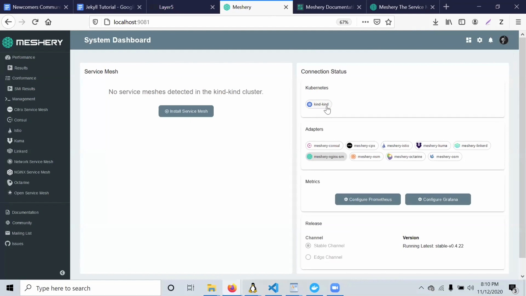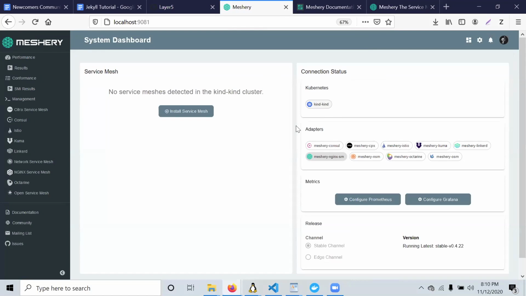When you click on this particular button, it will confirm the connection between Meshery and your cluster, which it did not for me because it's not connected. After it's successfully connected, you can go ahead and try pinging any of the adapters or running an ad hoc test with any of the adapters, which basically establishes the connection between Meshery and your adapter.